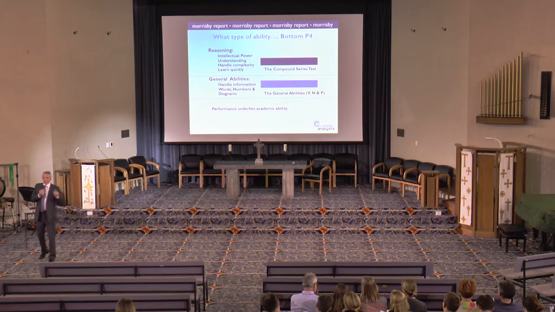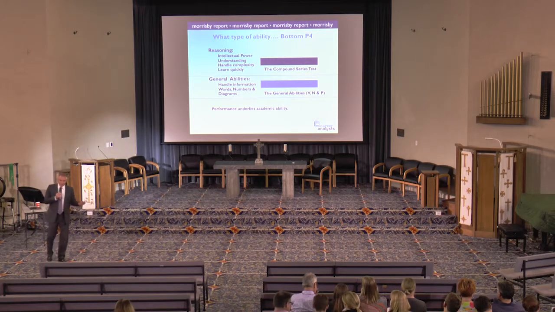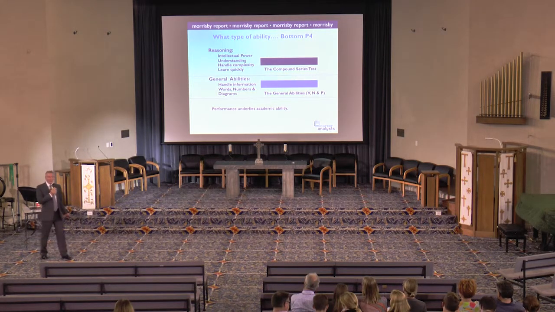All right, now let's have a look at the bottom of page 4 where there are 3 tests presented together. And these are the most important, in Morrisby speak, around the direction of talents and the kind of careers that might suit you. So there are only 3 tests out of 12, but for me they're the start point at any discussion. And I'm going to explain how those 3 work by using an analogy.